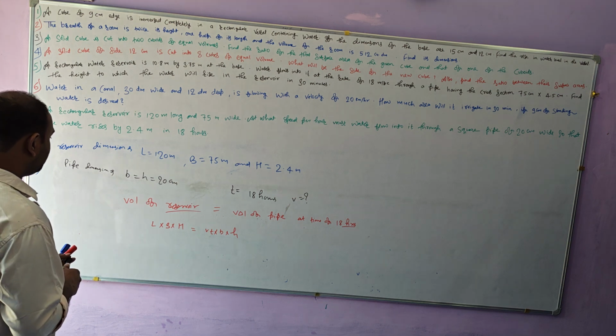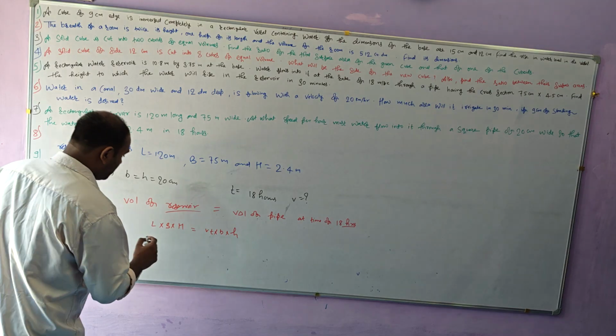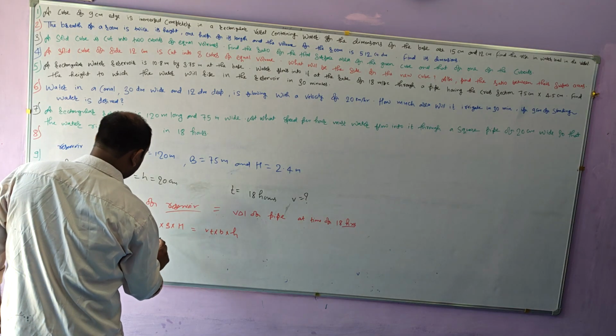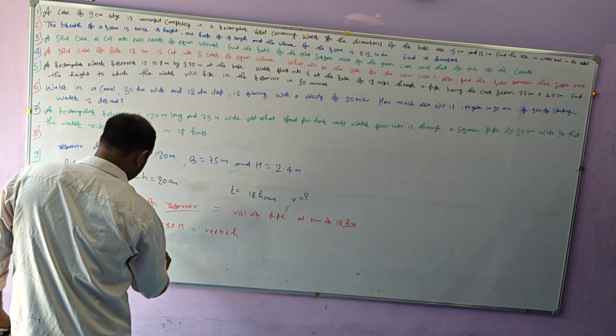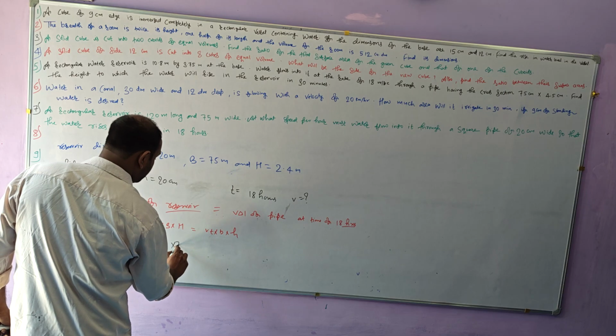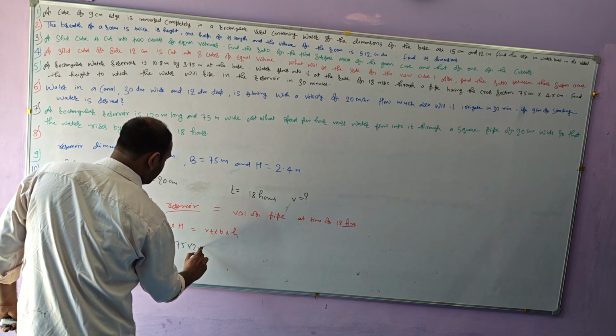So we directly put all the quantities respectively in place of them. So 120 into 75 into 2.4